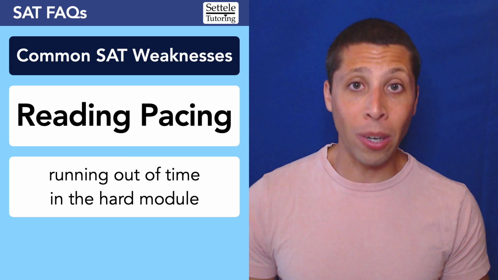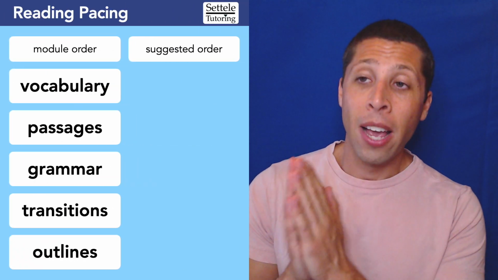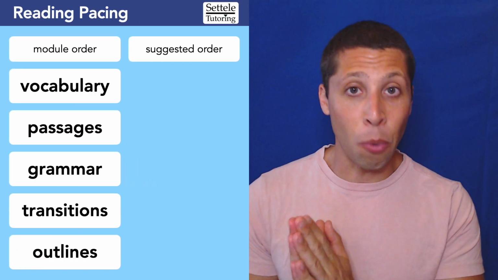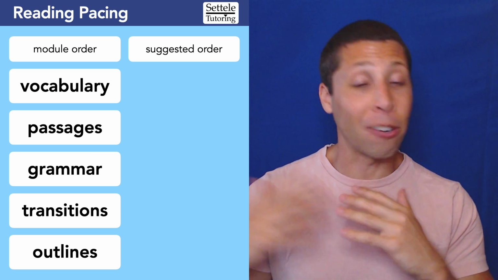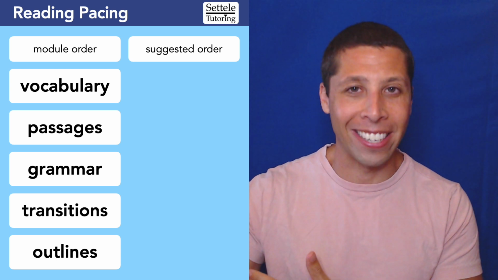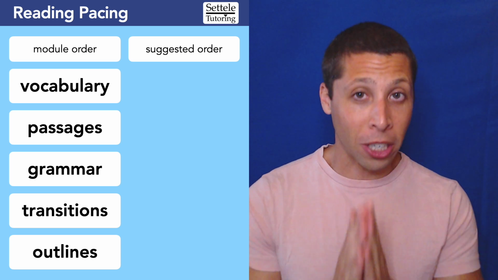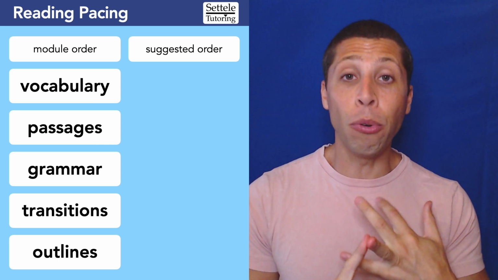So let's talk about what each module contains and how we're going to use that structure to our advantage. The modules are always going to be in the same order of questions: vocabulary, passages, grammar, transitions, outlines. I don't know why that is the order. I think that's just how they've historically done it on other versions of the SAT, but that is not the order you're going to go